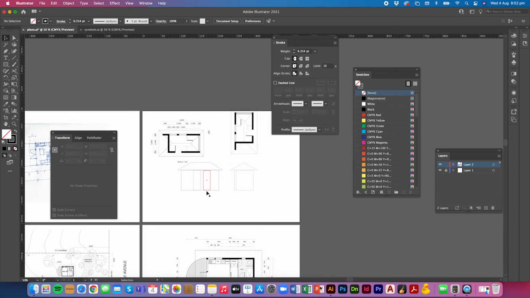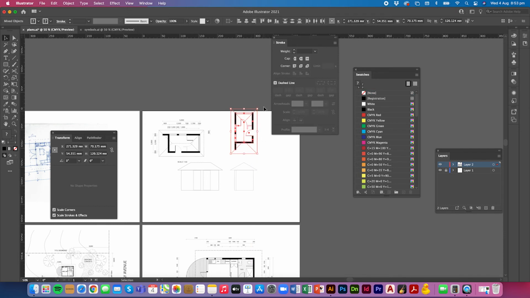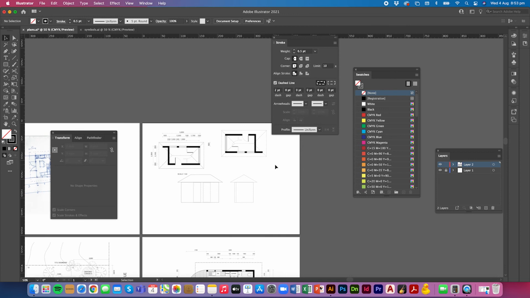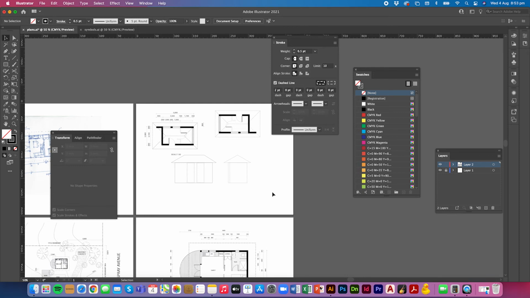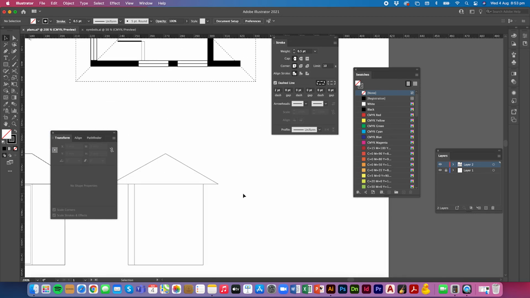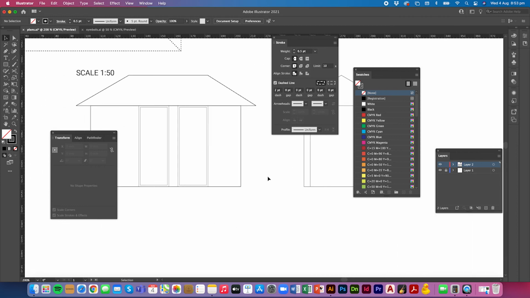So, let me start again there. If my plan was located this way and north was up the page, this would become the south elevation and this would become the east elevation. So I hope I've shown you fairly simply how simple it is to make a window. Just one more thing, if we were going to show these as opening windows, what we would do,